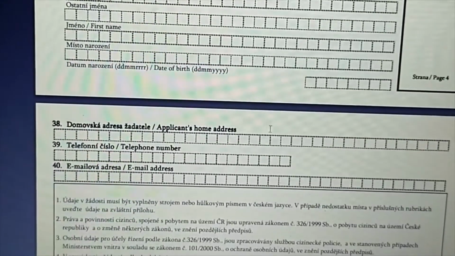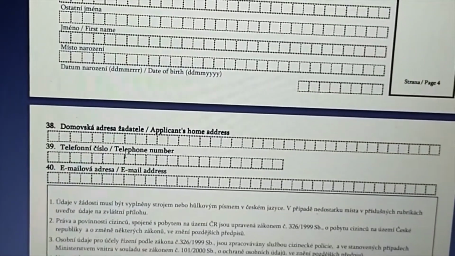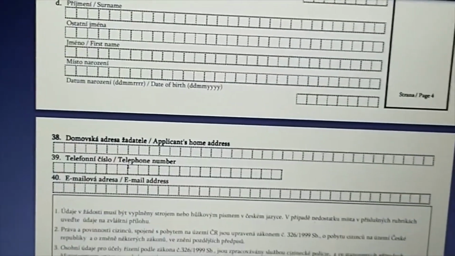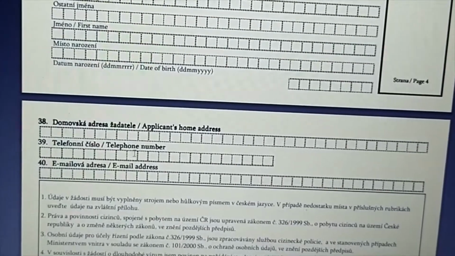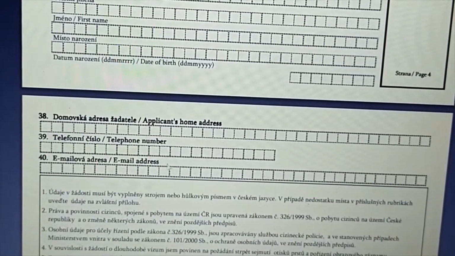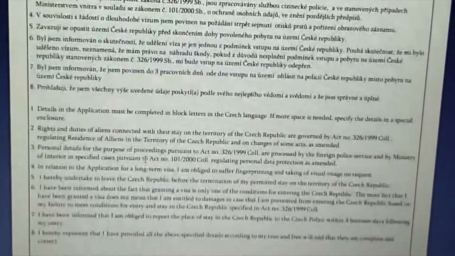Here is the applicant's home address. Please write an address that is reachable, so they can reach you easily. Make sure it's clearly stated and the address is reachable. Then the telephone number, including your international dialing code, then your email address. Make sure it's a valid email address. And finally,